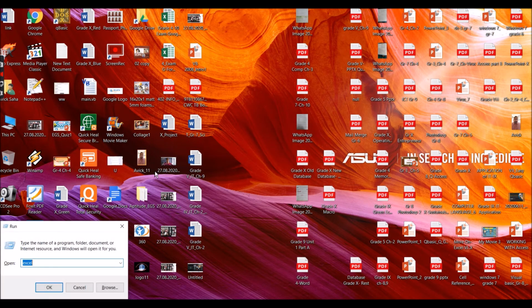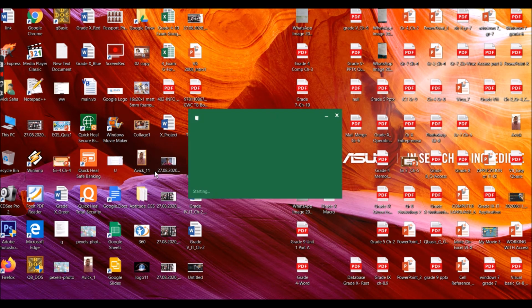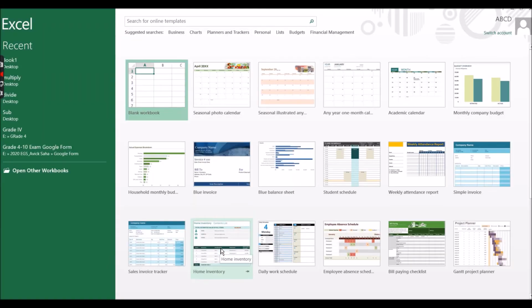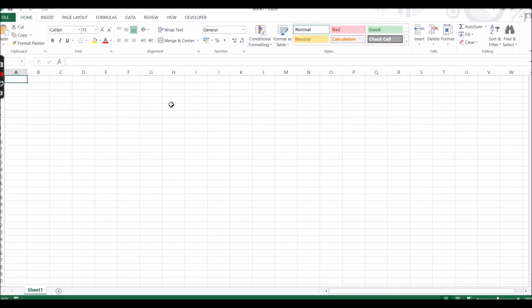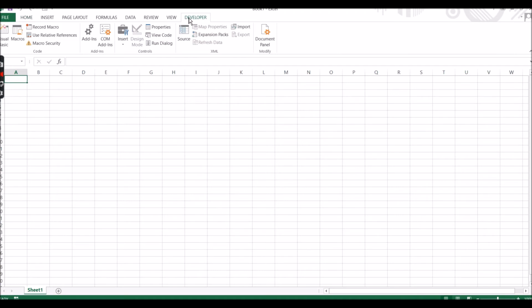Again you open my Excel. After that, what you need to do, I'll show you more coding on it. So one more piece of coding is there: how to display the value, whatever you have typed, that part will be displayed by clicking on a button. Now what you need to do, first of all, you have to go to the Developer view.